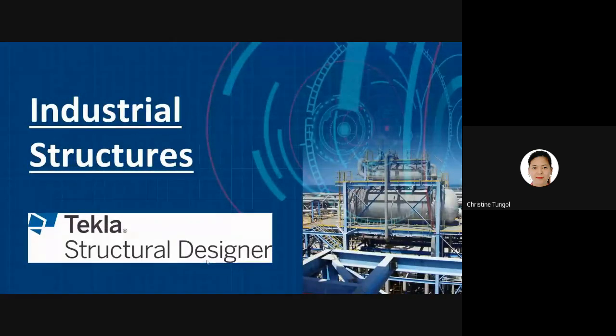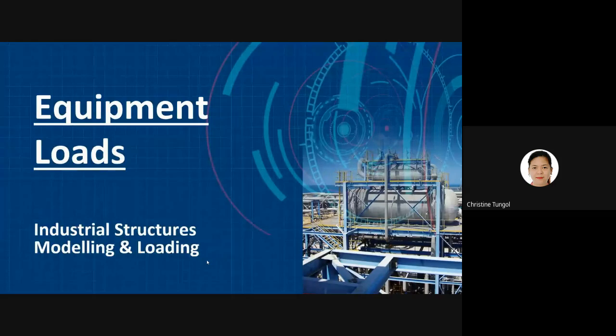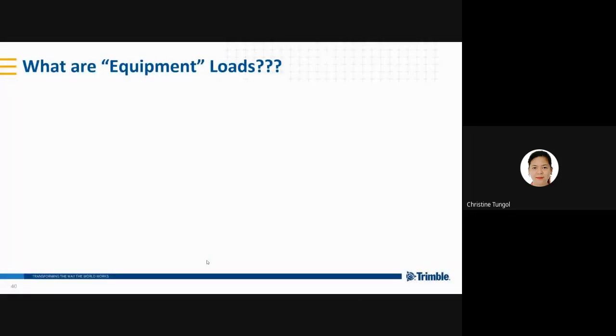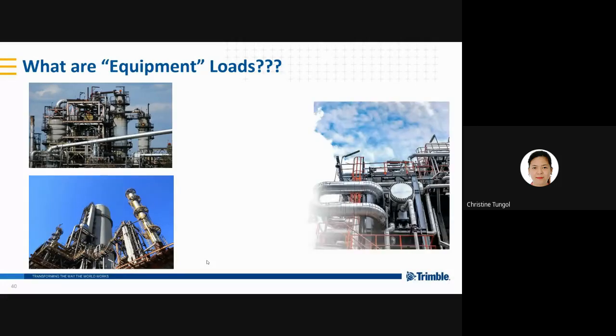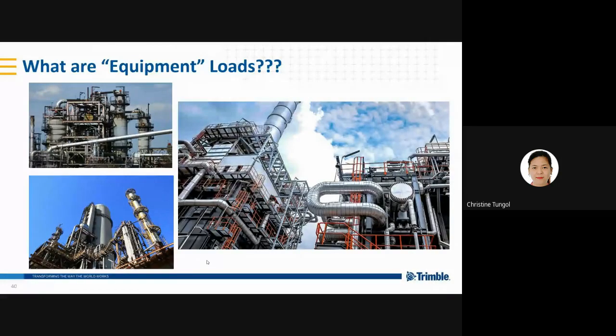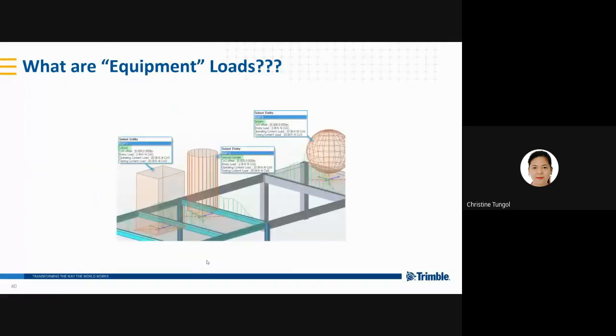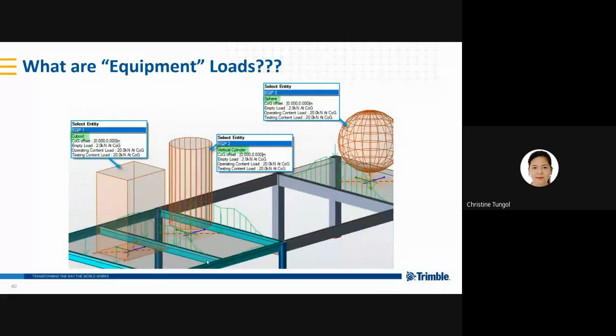Next is the brand new feature in the industrial development. So this feature can be used on any type of structure or model. So the equipment load. A new option has been added to Tekla Structural Designer in the modeling of equipment and loading objects. So in TSD, equipment loads are 3D objects used to model spheres, vertical cylinders, horizontal cylinders, and cuboids. It provides a dedicated way to define any arbitrary arrangement of support points relating to an